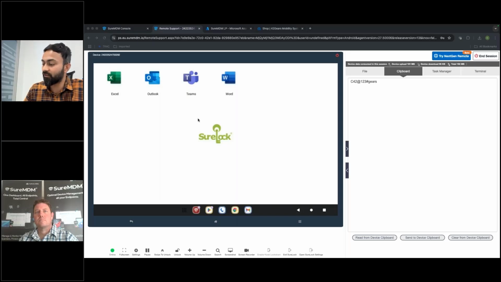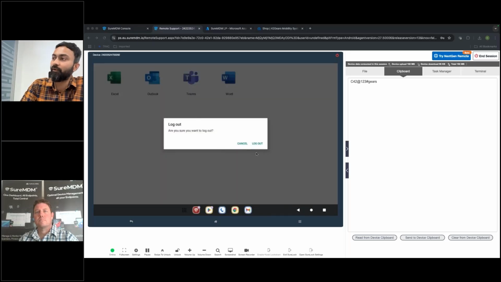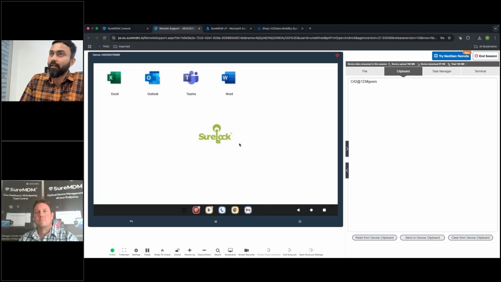You can try to just log out. Can you see here? If you just try to log out and log in with a new user, they will have a set of different applications which are assigned to them. So in this case, there are